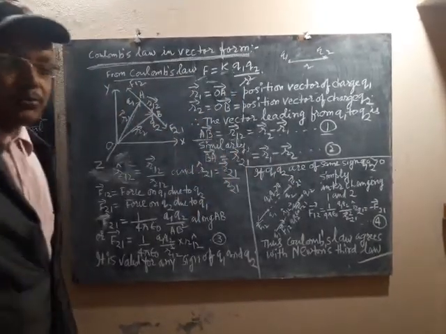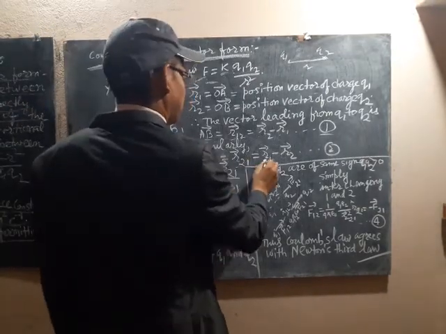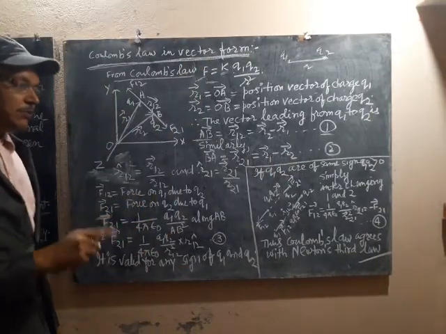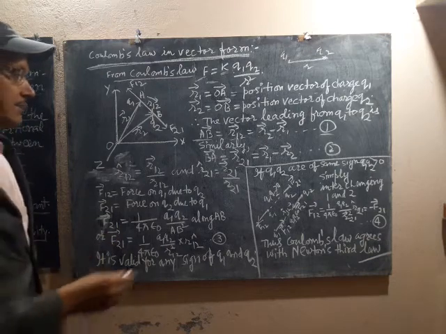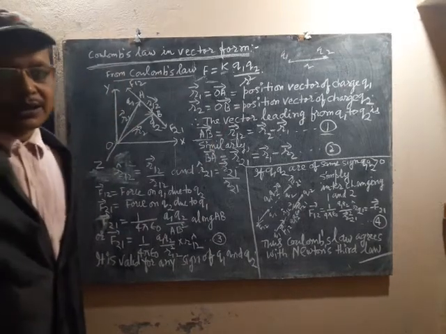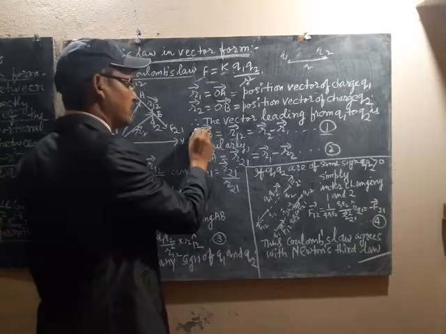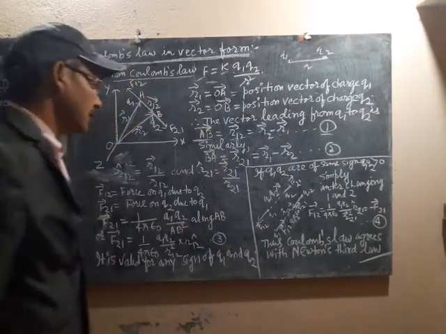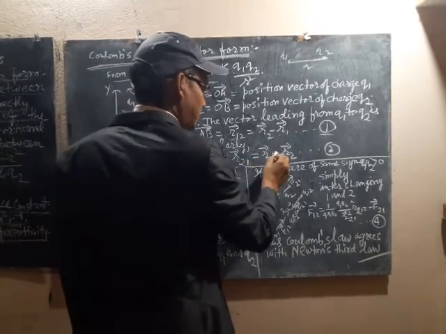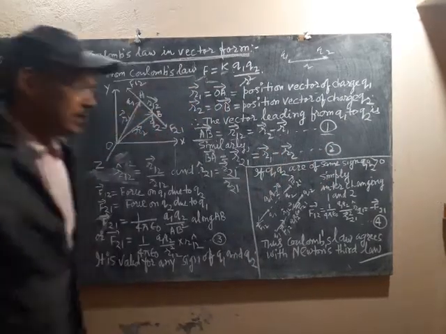Similarly for BA, in case of BA, you will write R21. It means R1 minus R2. In this case it will be opposite. You are seeing that arrow here, this is the notation of a vector. If AB is a vector quantity, then you should put an arrow. BA is equal to R21 vector, that is R1 vector minus R2 vector. Without this notation, your answer will be wrong.